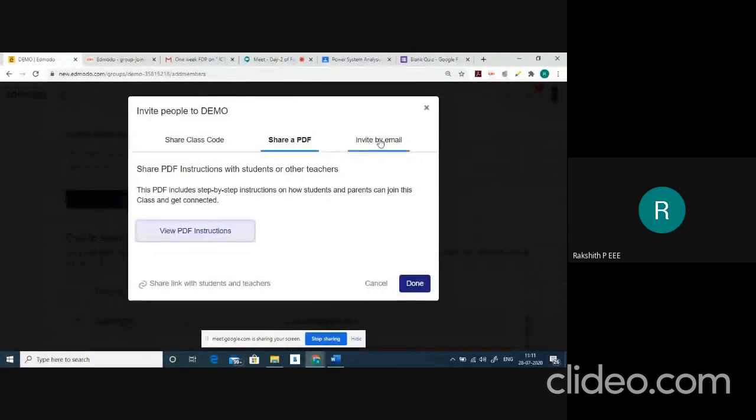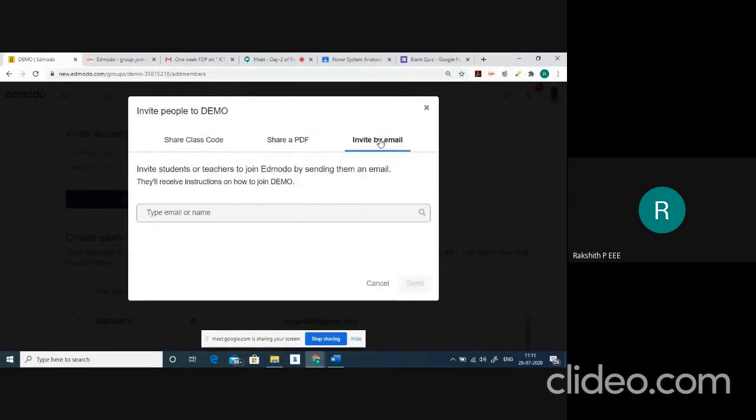Or in other ways, you can invite them with the help of email ID. Type all the email IDs of your students, and then this particular entry will get highlighted. Say, for example, I'll enter my mail ID only.